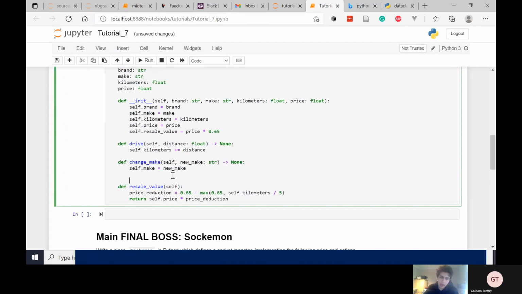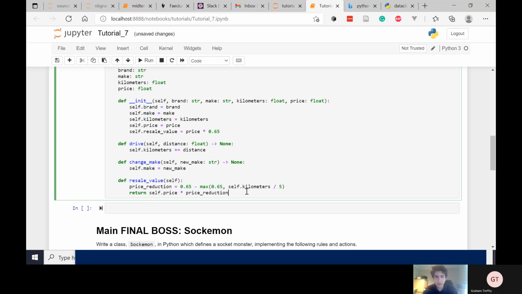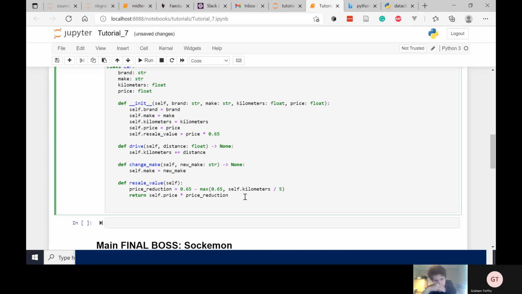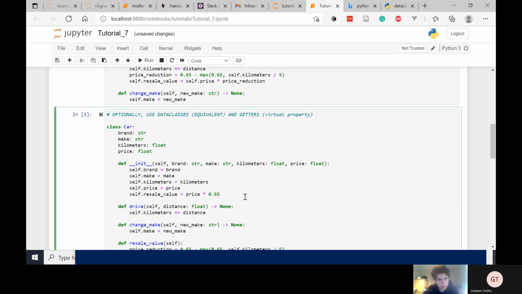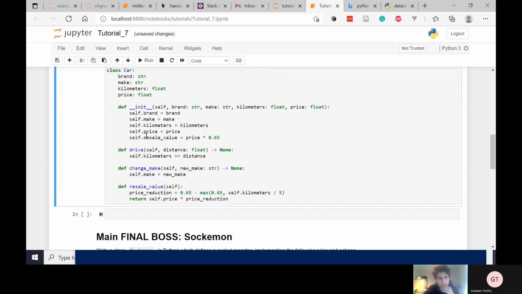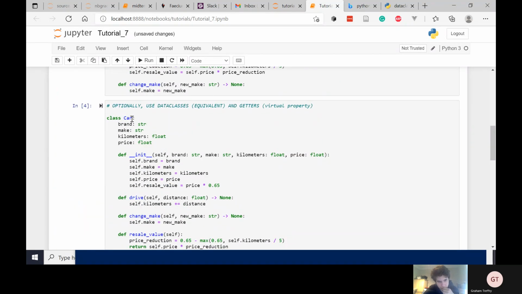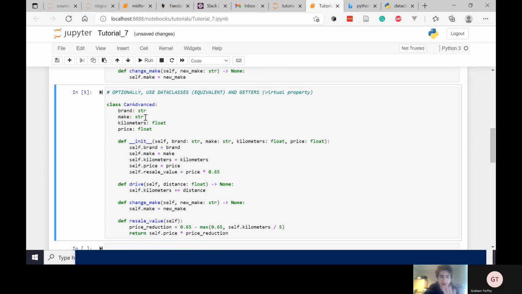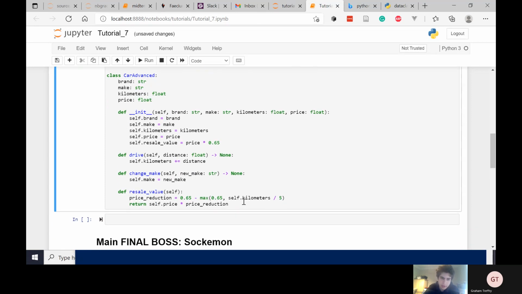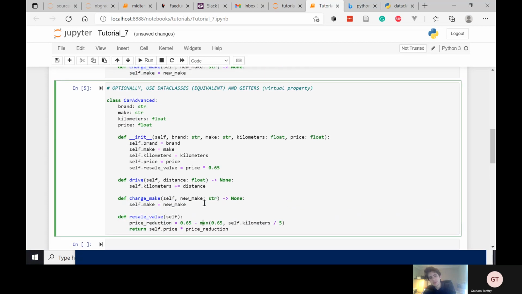Now what we can do in Python, and this is what I was trying to say, is the only difference is when we want to access this. Watch this, right? Let's create an example here. This is the one it's going to run. So we can say, call it car advanced. And you don't have to know this stuff in car advanced. This you do need to know, but what I'm about to show you, you don't. So what you'll notice is if we do